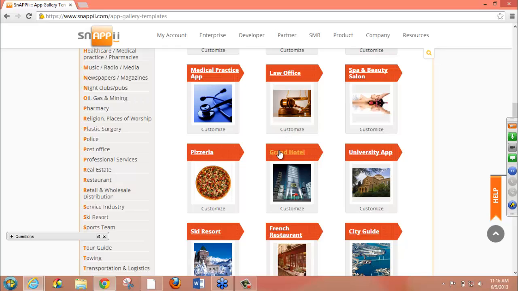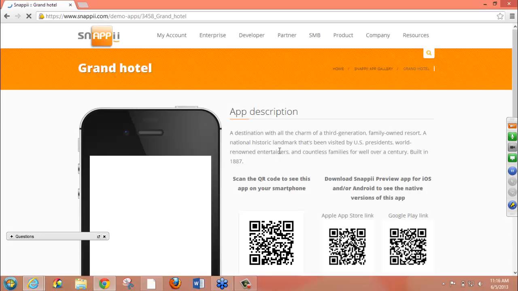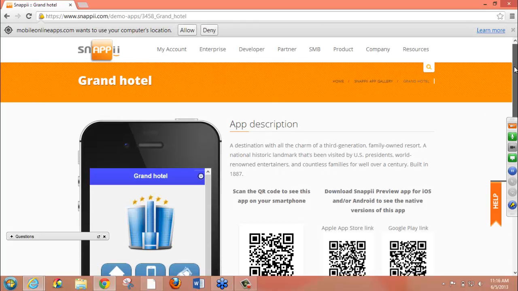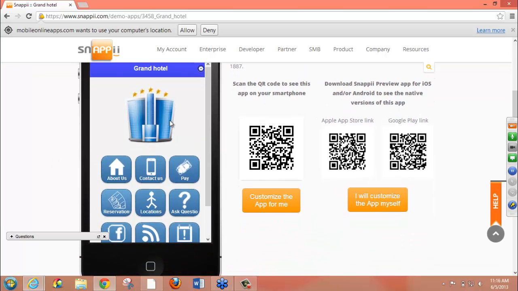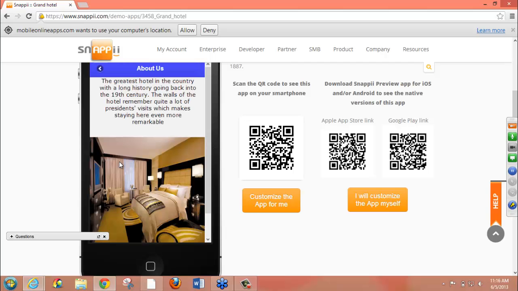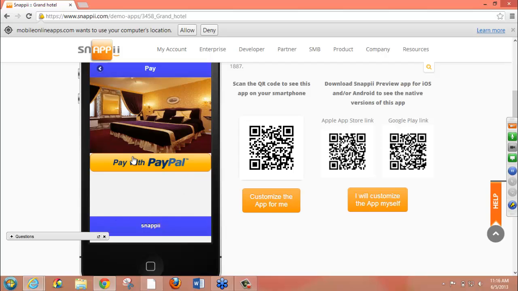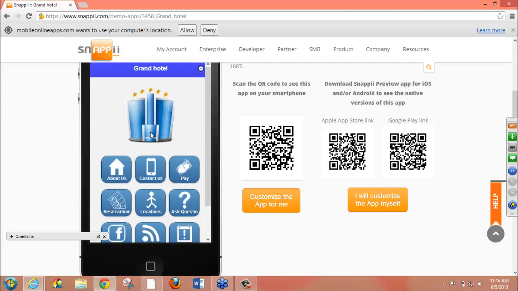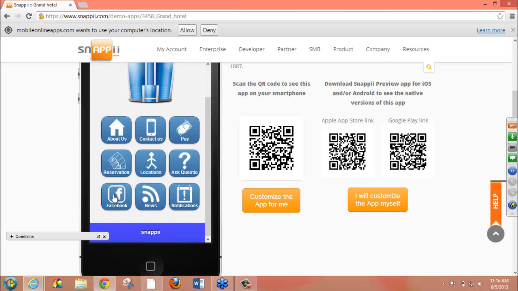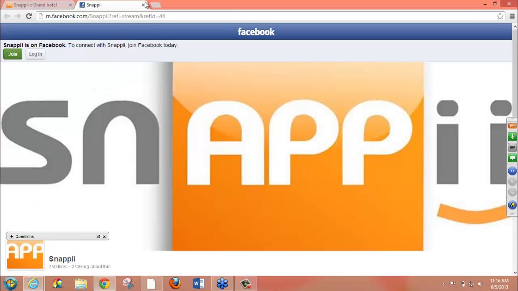So for example, if we pick Grand Hotel, that may be an app that we're interested in looking at because you may be in the hotel services industry. You can see just a basic mock-up of functionality here. And if you clicked any one of these, you would see information already put in here for you, and what you're basically looking at. So see here, you can see the functionality of being set up with PayPal. What this is offering you is a glimpse of an app that's already been started. And if you are interested in this particular app, and you can see there's Facebook implementation right there,